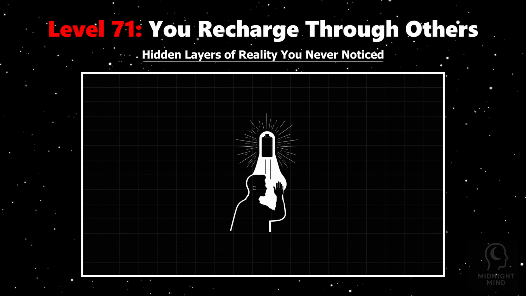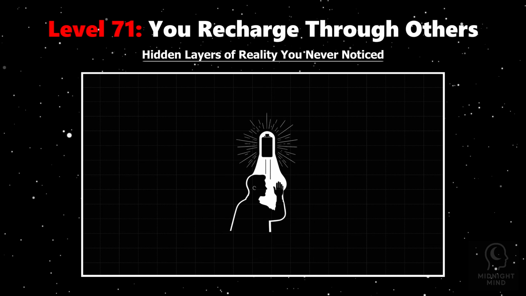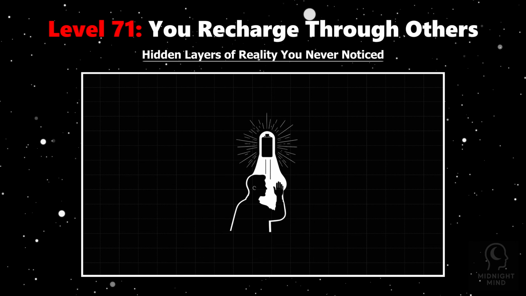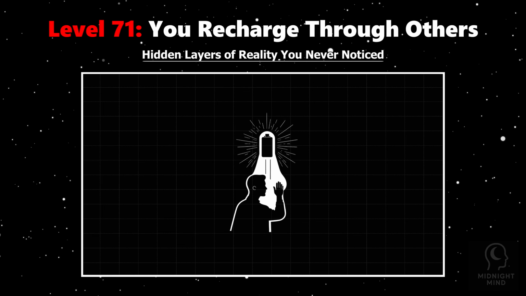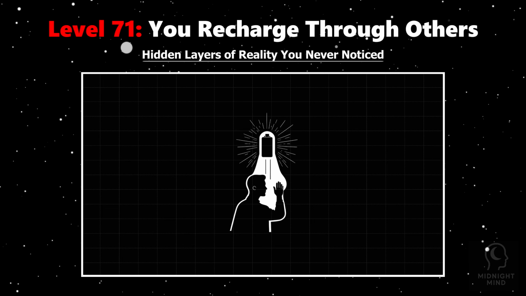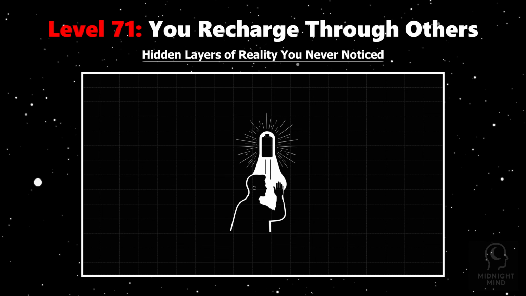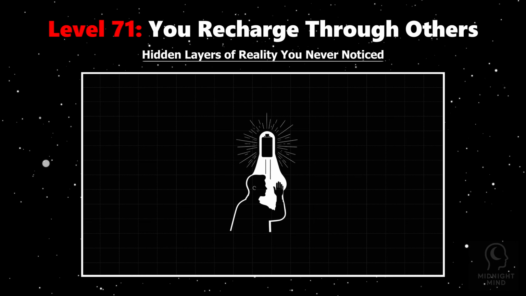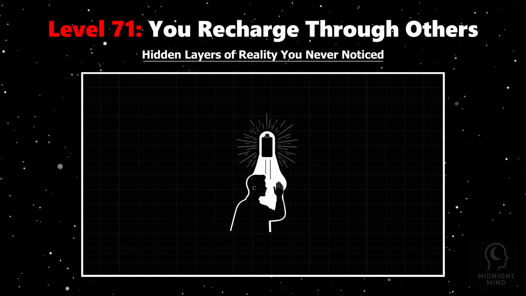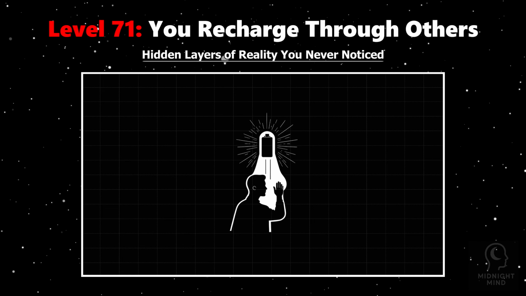Neuroscience shows that social interactions trigger complex biochemical responses. Oxytocin, often called the bonding hormone, floods your system when you engage with supportive people, enhancing feelings of safety and vitality. Mirror neurons activate as you subconsciously sync with others' emotions and behaviors, fostering empathy and connection that replenish your energy. Conversely, stressful or draining interactions can elevate cortisol, the stress hormone, leading to fatigue, heightened alertness, and emotional exhaustion. This biological response conserves resources during perceived threats, but can leave you depleted after prolonged exposure.